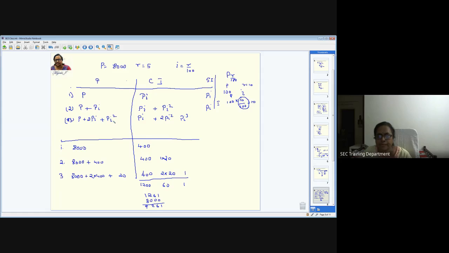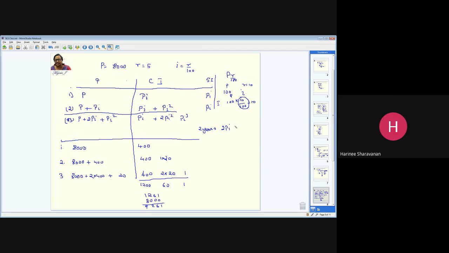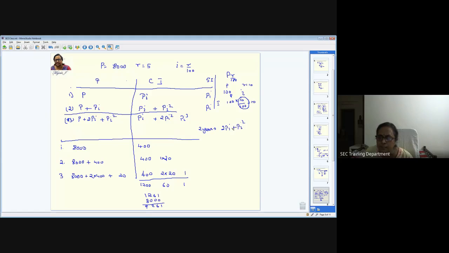Any doubt in this? No, ma'am. When you add this, I need to do separately for 2 years and 3 years. Just add for 2 years and tell me what is the total amount here. Because I have to derive one formula in this. For 2 years, you leave this one. This alone, you forget it now. So when you calculate for 2 years, this is going to be 2 PI, plus PI square. This is the compound interest, right? And how about the simple interest? PI plus another PI, there's going to be 2 PI, correct? Yes, ma'am. So what's the difference between compound interest and simple interest?